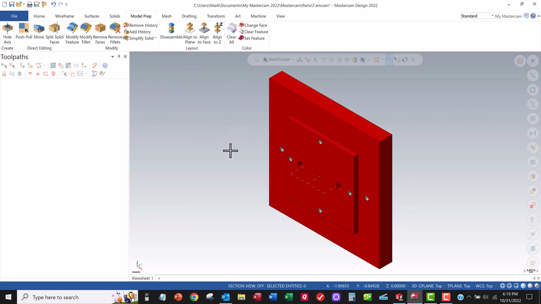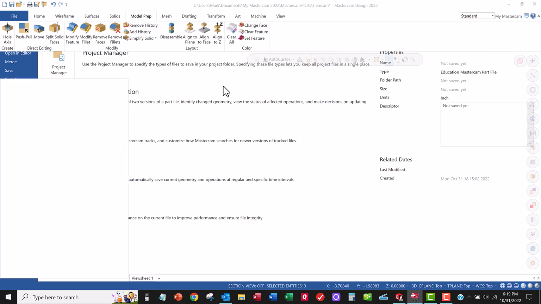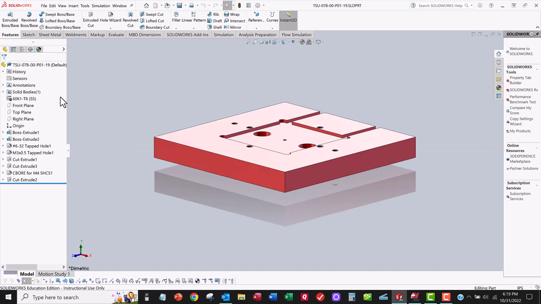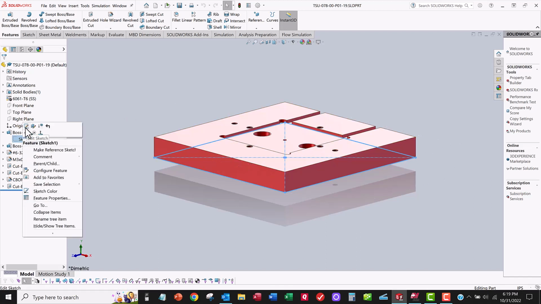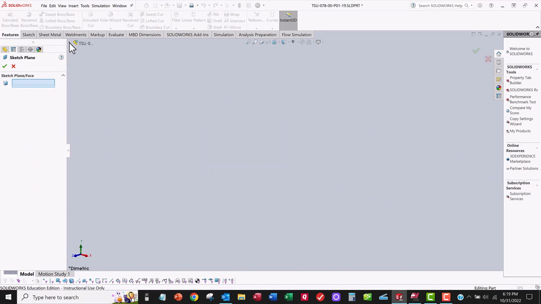I want to change my planes in SolidWorks so they match what Mastercam understands as XYZ. So I want to wipe this out. I'm going to say File, New, start a new empty Mastercam model, and I want to go back to SolidWorks and switch this orientation. So what I'm going to do is go to my very first sketch. Remember that first sketch, the plane you sketch on defines the entire orientation of the part. So I'm going to right click on Sketch1, and instead of saying Edit Sketch, I'm going to say Edit Sketch Plane. I'm going to get rid of the top plane and go find my front plane,